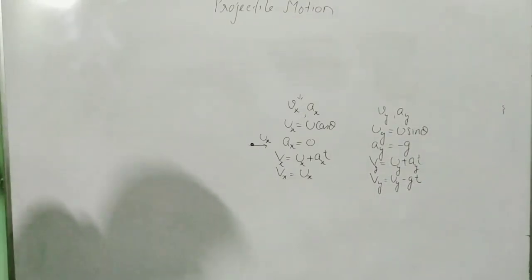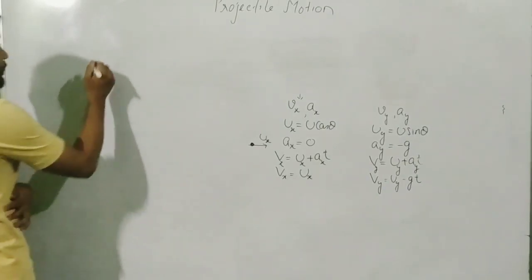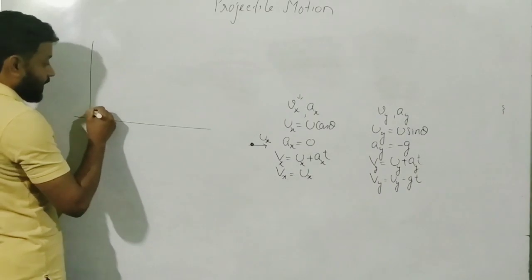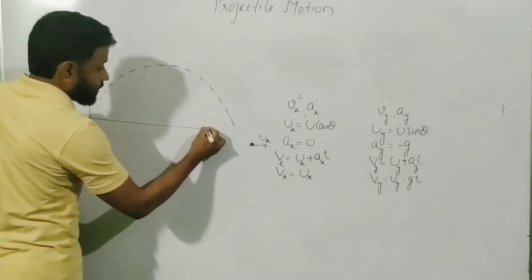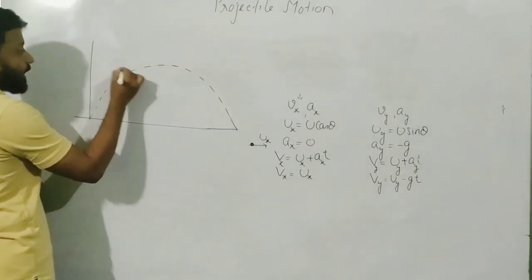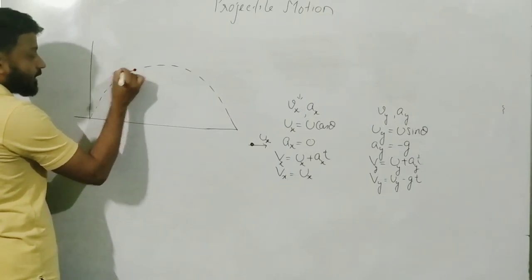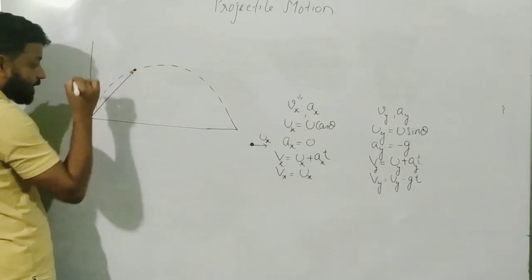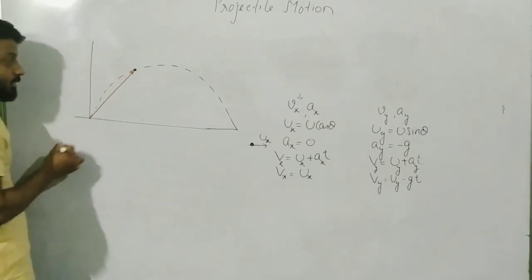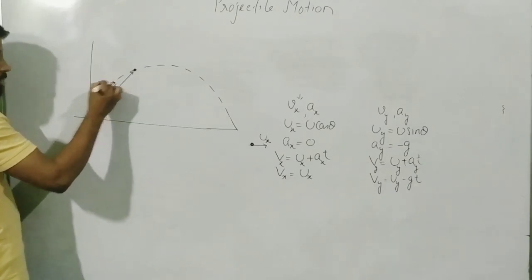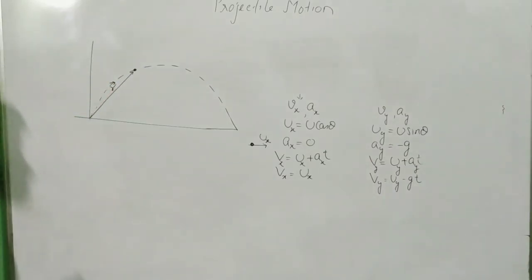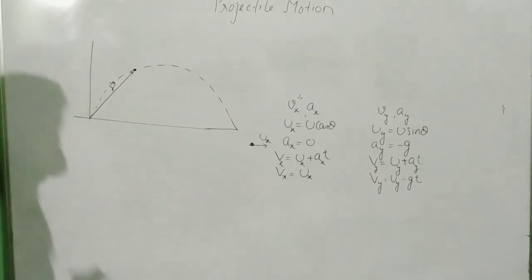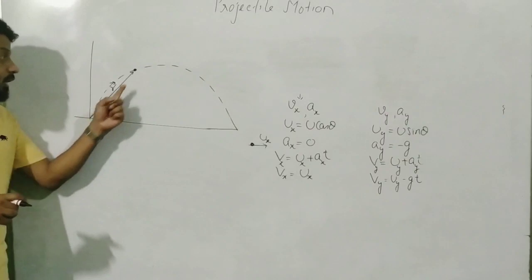Next, I will teach you now how to find the displacement at any point. So again, let us say this is my projectile motion, and at any instant of time the body has reached here. If I consider the shortest line between the origin and that point as r, then r is my displacement vector. As per the definition, displacement is the shortest line joining the initial point and the final point.